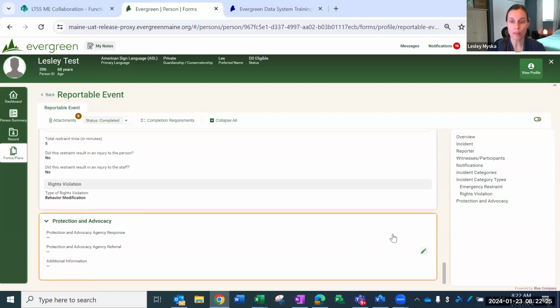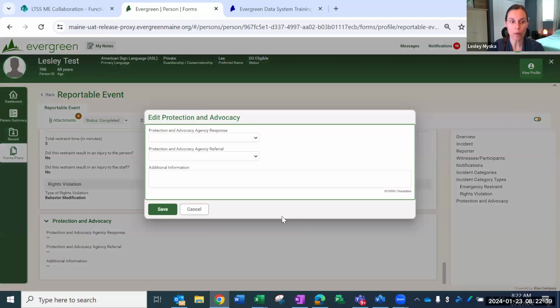However, you do have the ability to, and should be, modifying this last protection and advocacy section. You can see when I hover over this section, I get the little pencil icon. I can click anywhere in this box and it will open up the edit modal for me. So once you've reviewed the reportable event with the category of rights violation, you can then go ahead and respond